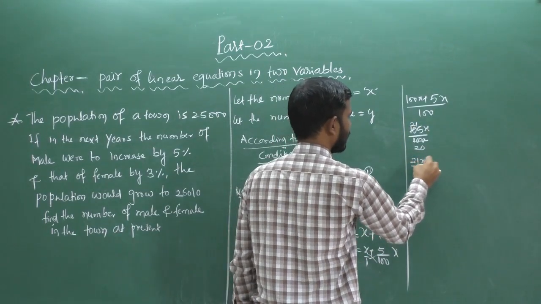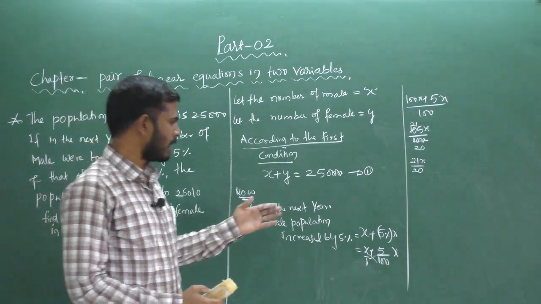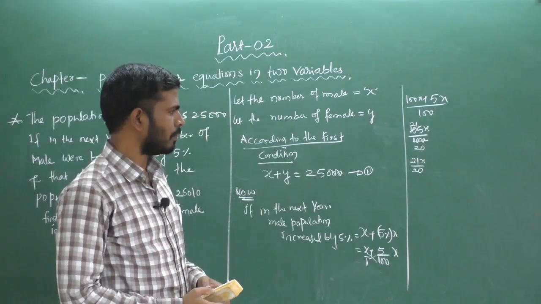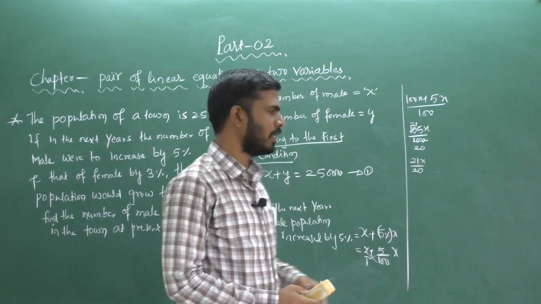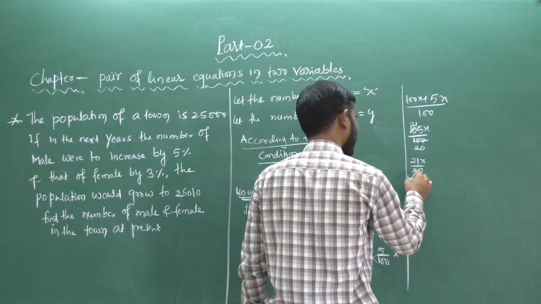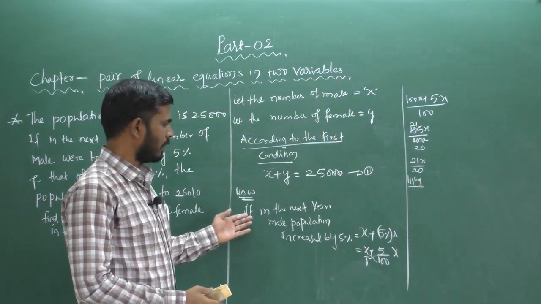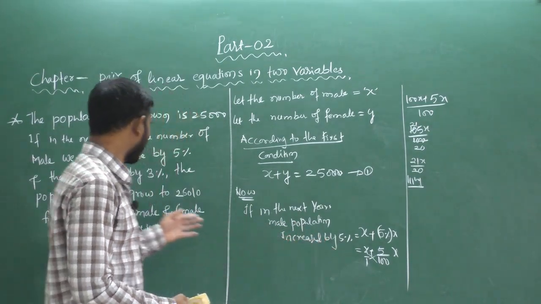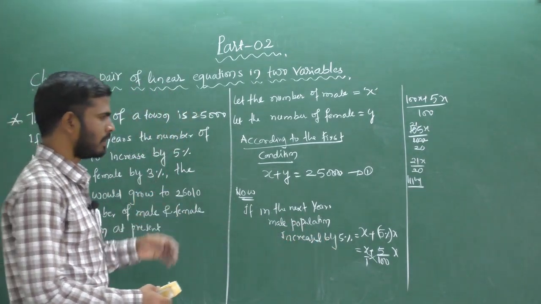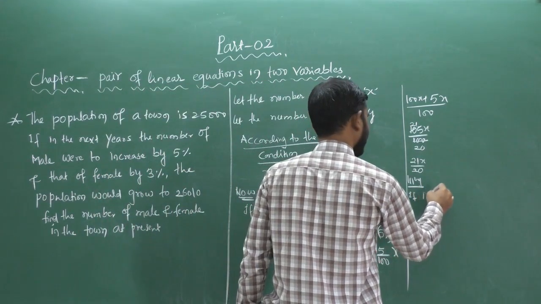So 21x divided by 20. Suppose it is increased by 5% of a male, means we will get 21x divided by 20. Similarly, you can find out if in the next year the female population is increased by how much? Here given 3%. So that's why I write here, if in the next year